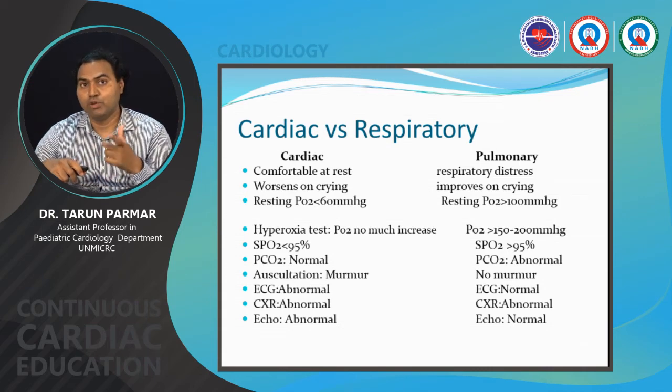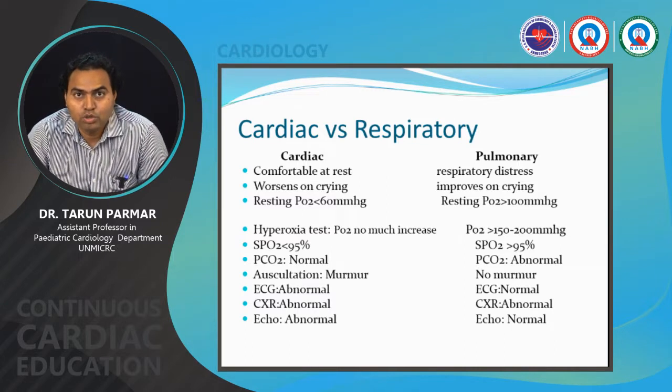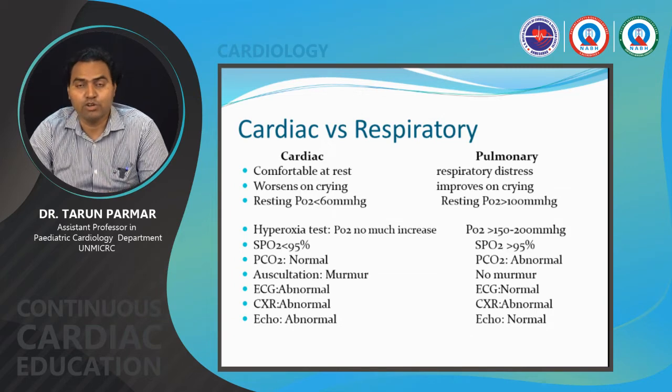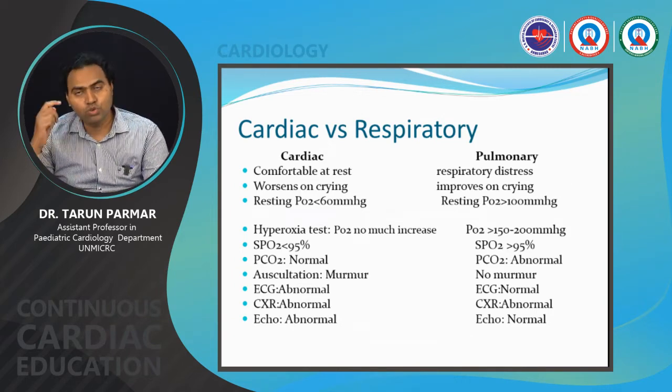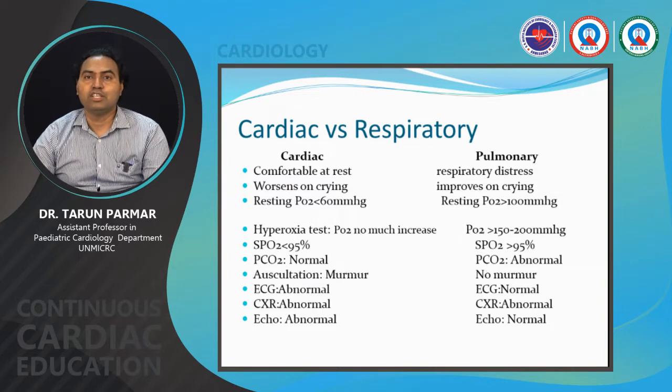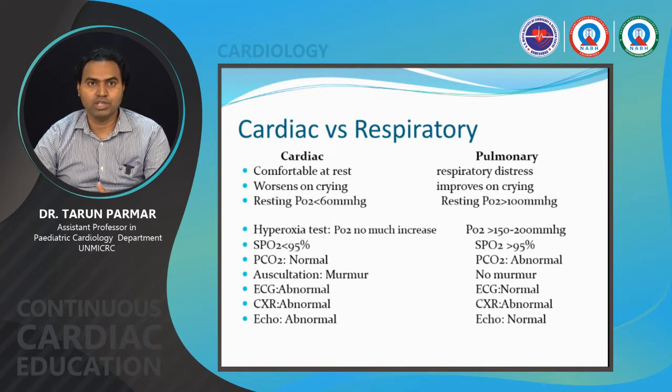than 100. This is very important, the hyperoxia test. This is a very important test to differentiate between the two. So PO2 does not increase much in the cardiac patient with right to left shunt, while PO2 increases to 150 to 200 millimeters of mercury. Saturation, as you know, is below 95 percent, while saturation is almost normal or more than 95 in the pulmonary situation. And then ECG, X-ray are abnormal and echo is abnormal in the cardiac patient, while chest X-ray is abnormal in the pulmonary. Otherwise, ECG and echo are normal in the pulmonary situation of the